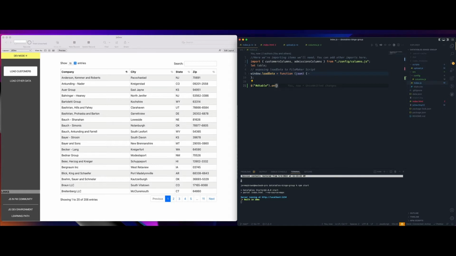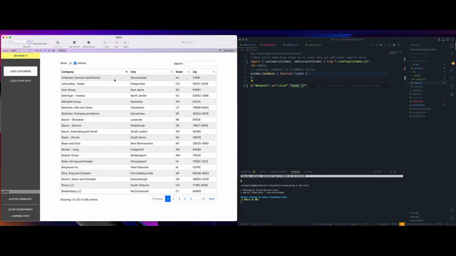This on method needs three things. First thing it needs is what event do you want to work with. There's a lot of events. We're just going to pick the click event to start, but you can read more about other events using the documentation. We're going to ask it to put this click event not on the whole table, but on a part of the table. We're going to ask it to go find the tr element inside of the tbody. So you can see here I typed in tbody tr. This is sort of a path to get to the table row of this table.